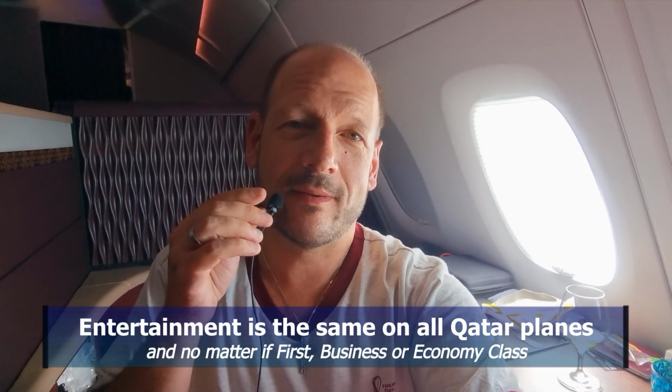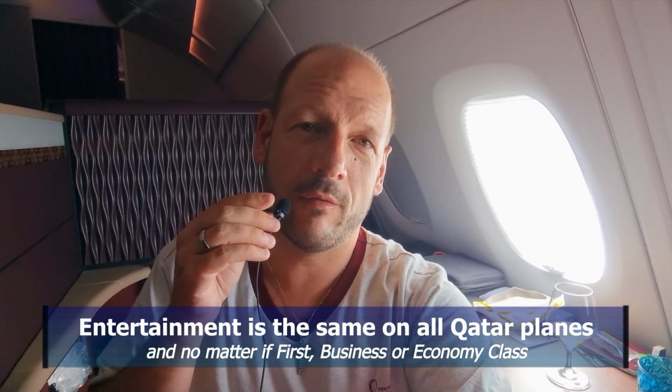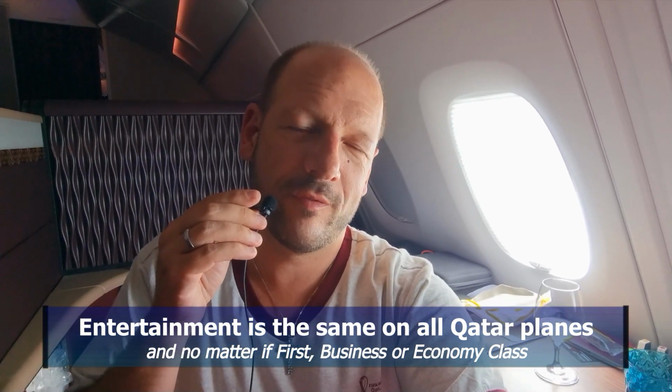Just to be complete, of course, the entertainment system of Qatar Airways is very, very big. There's a huge selection of movies, a huge selection of TV series, and of course movies not just from Hollywood, but also Bollywood, and the rest of the world. All the other parts of the world are really represented, so it's really very interesting to watch, especially on a long flight. There's also lots of TV series, lots of documentaries, and also meditation programs,